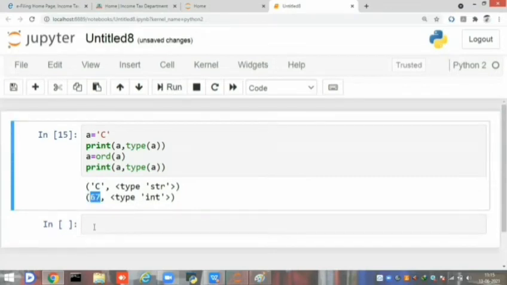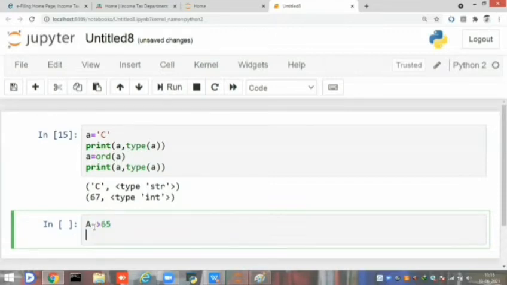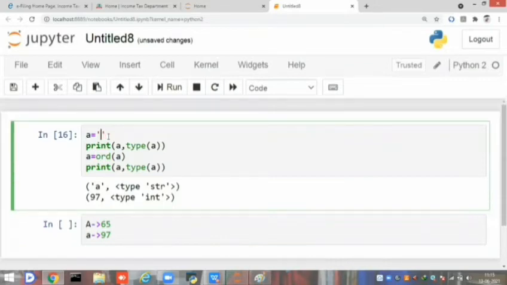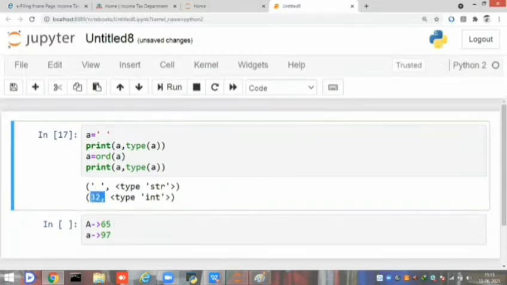Okay. So here what you can assume is for capital A, the value is 65, and small a. In all the capitals, it starts from 65. For capital B it is 66 and capital C it is 67. So whenever you are incrementing one character, it should be plus 1 of the initial. And you can even see the value of space, tabs and all. So here I'm making the space, okay? The space value is 32 in terms of integer.